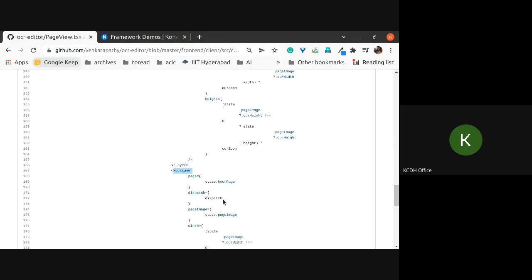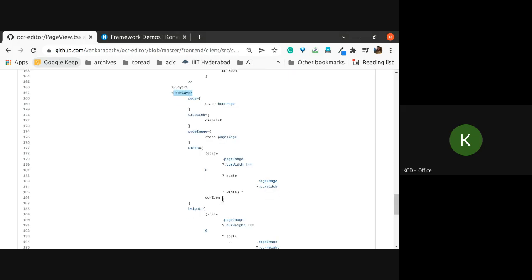So this HOCR is where the highlight works. So it is based on the bounding boxes of the HOCR document. I don't know if you've seen a HOCR document. Let me see, let me try to pull one up.